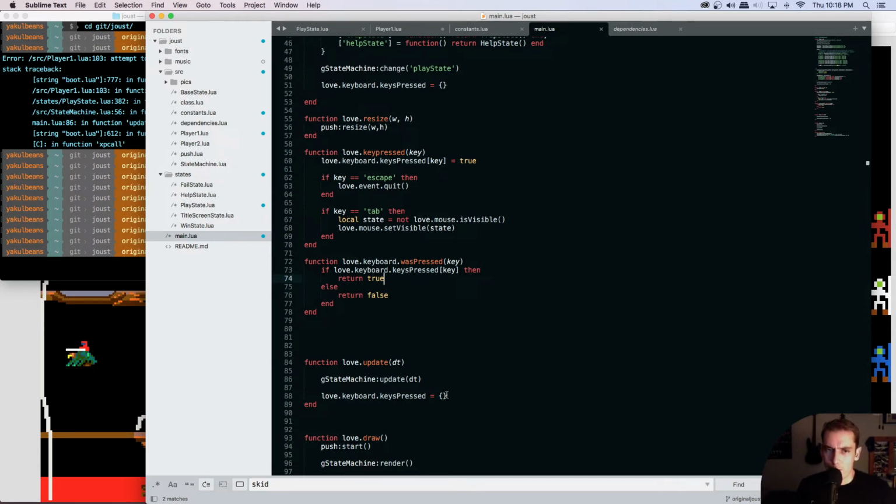So one thing I'm curious about is what happens with holding the key down. Oh, you know what? Yeah, it's different. There's a love.keyboard.isDown key, which we can use to increment our speed tier. Okay. So anyway,